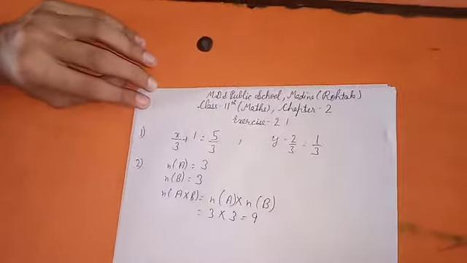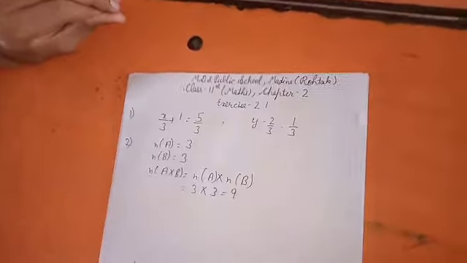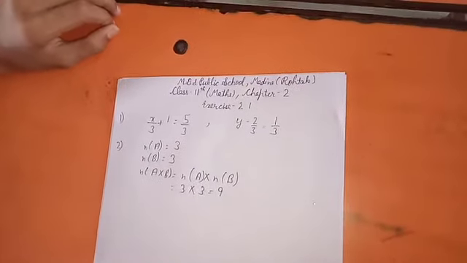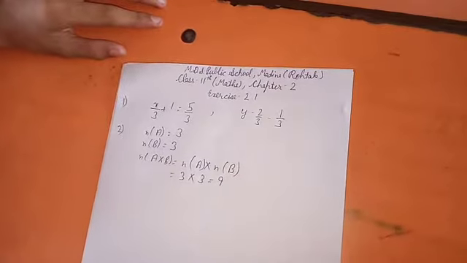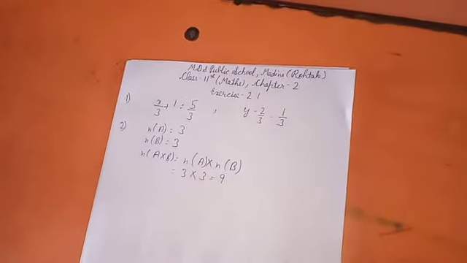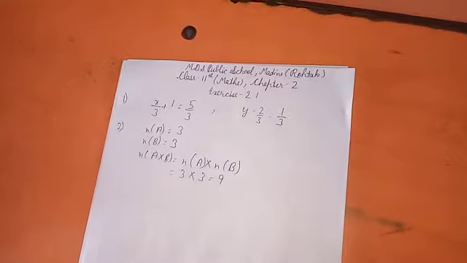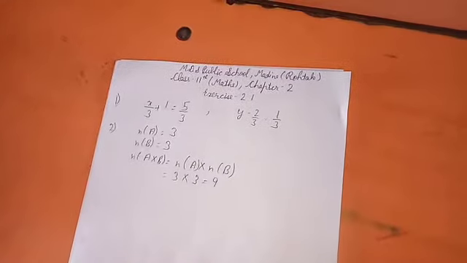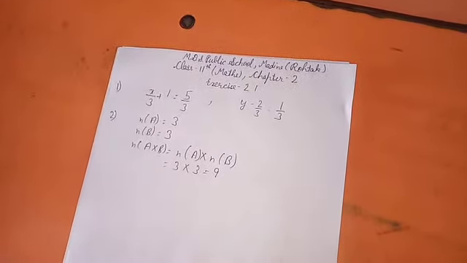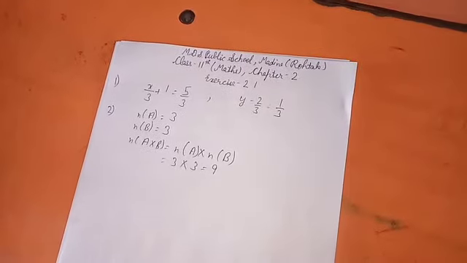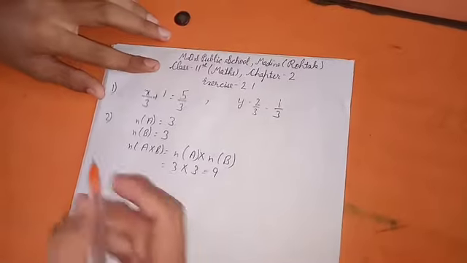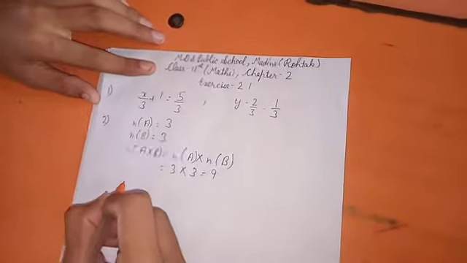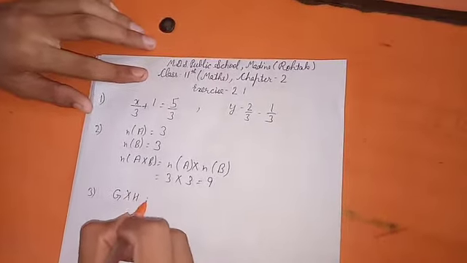Easy question. Now question number 3 is, if G is equal to {7, 8} and H is equal to {5, 4, 2}, find G cross H and H cross G. I hope you are able to solve it. It is a very easy question. Two sets are given and we have to find the ordered pairs of that. We just have to multiply one element with all the elements of the other set, and then the other one, and similarly.